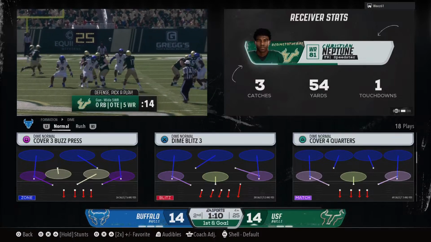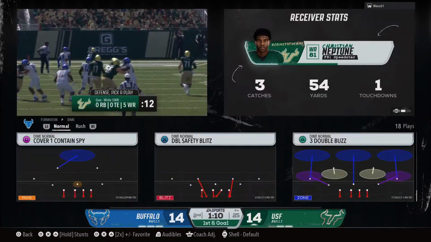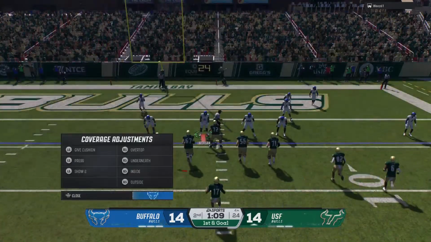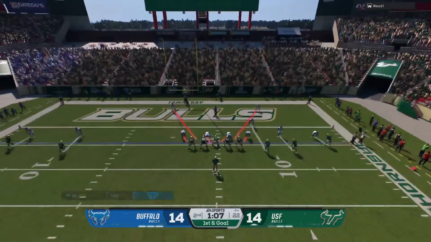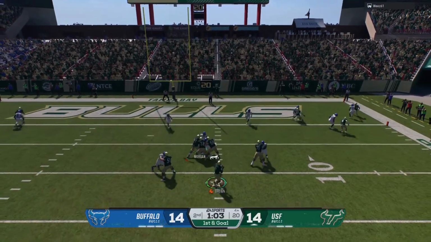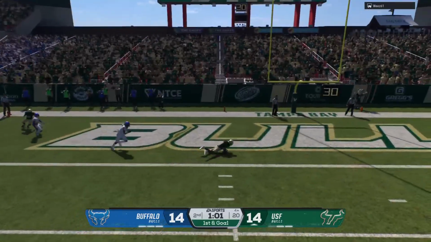Well, it's a heck with being conservative, right? I mean, that essentially would have just been a chip shot field goal with where they were on that 4th down, but they decided to go for it, throw it. They're looking for 6. They're going for a touchdown. They are being aggressive. Brown will throw it.